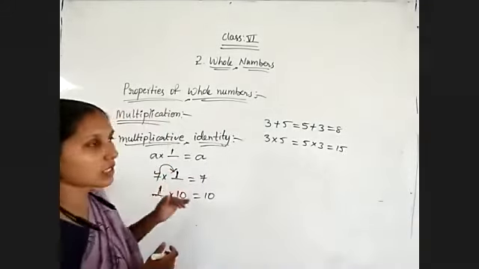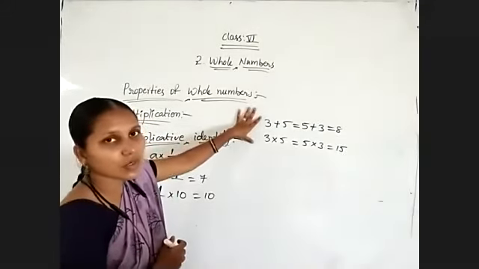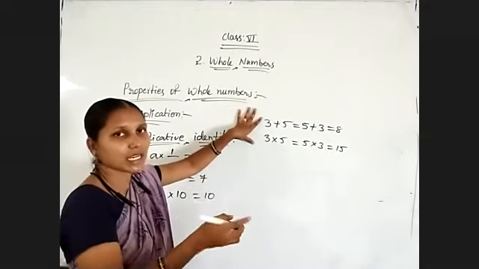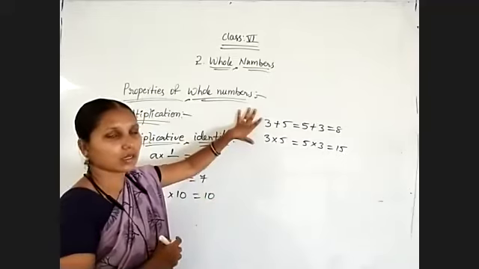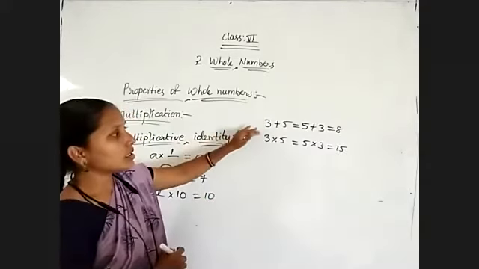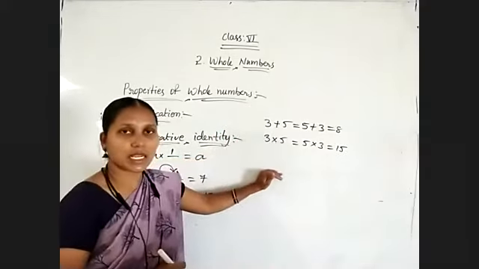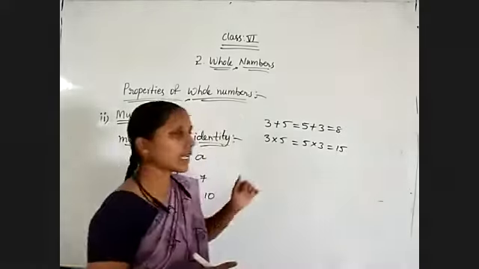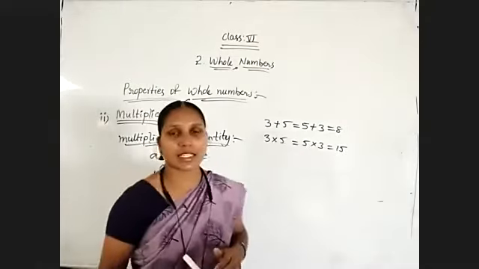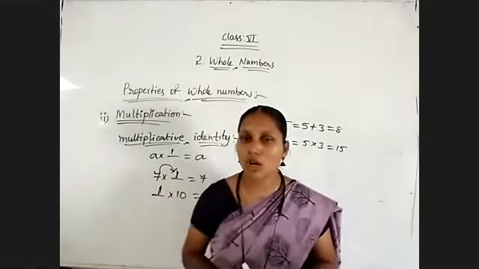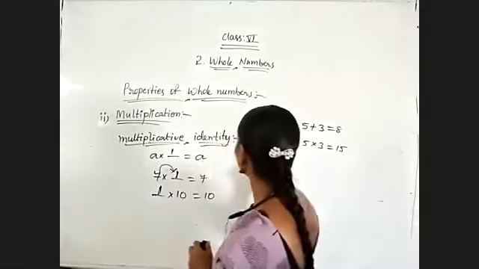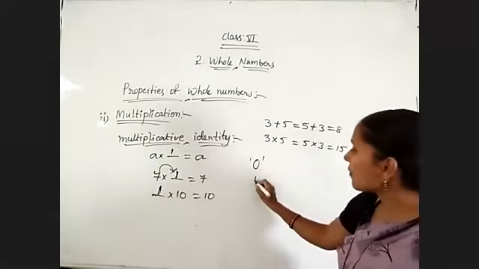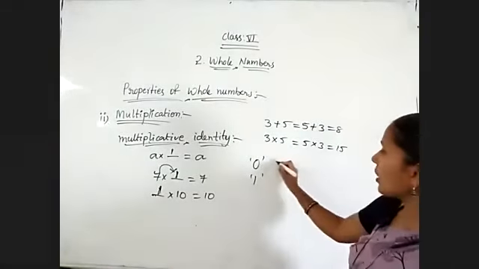And third property, associative. So instead of two numbers, we will deal with three numbers, and because we are using the grouping, that is brackets, that's why it is known as grouping property also. Okay, associative property. Instead of two numbers, we need to take three numbers. That is also possible for addition and multiplication of whole numbers. And coming to the additive identity. So what is the additive identity element of whole numbers? 0. 0 is the additive identity element of whole numbers, and 1 is the multiplicative identity of whole numbers.